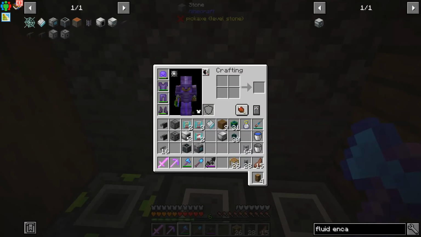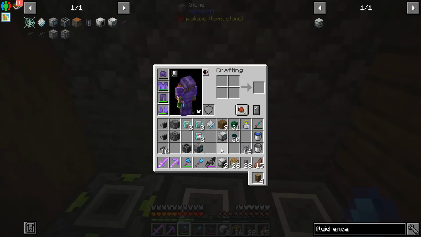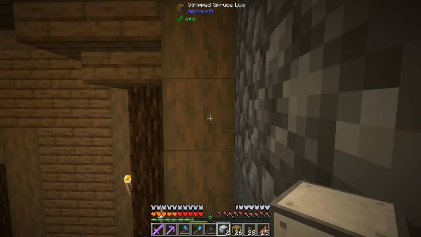And so we got 2 fluid extractors right here. I'm only going to be using 2, and I'm actually not even going to give these power because they don't need to really be that fast. I'm not super concerned with them going quickly, because they're going to be running 24/7. And I do a lot of crafting with industrial foregoing, but I don't do that much crafting. I know you guys probably think I do because all the videos I put out are involving industrial foregoing, but really in the grand scheme of things, I don't do that much crafting other than add-ons here and there. And so I only am going to be putting down 2 of these,